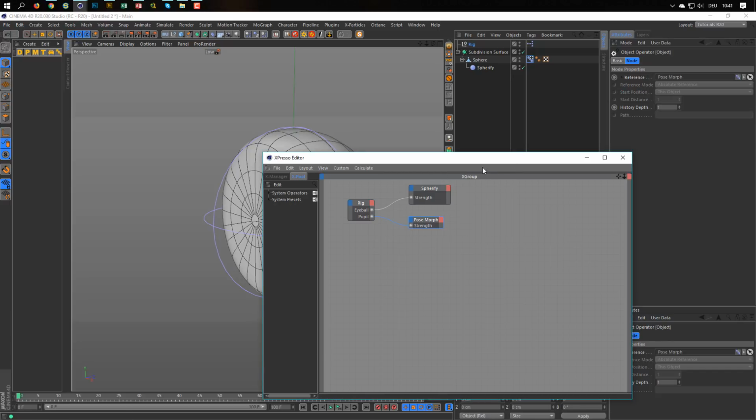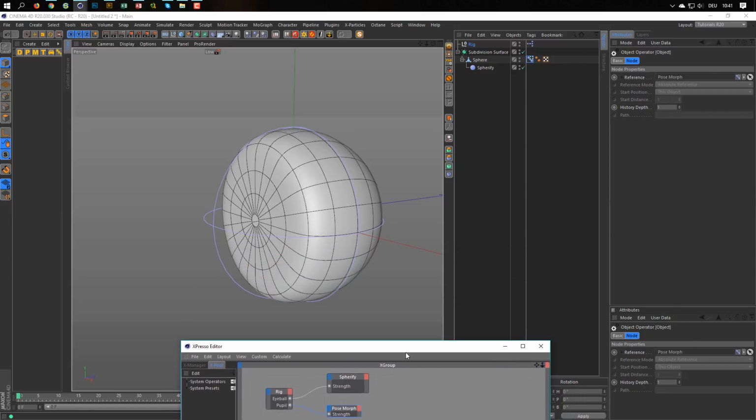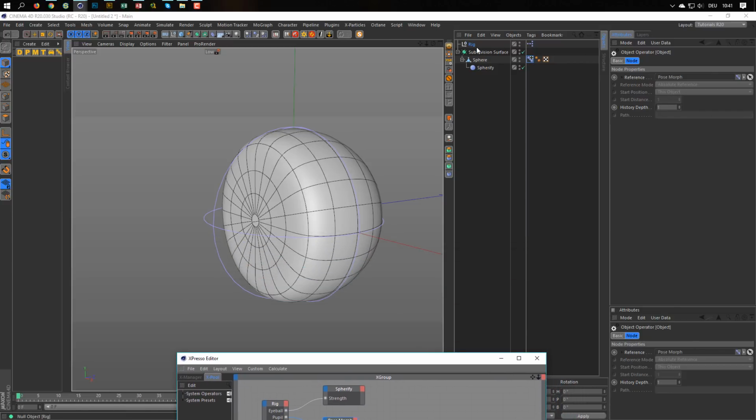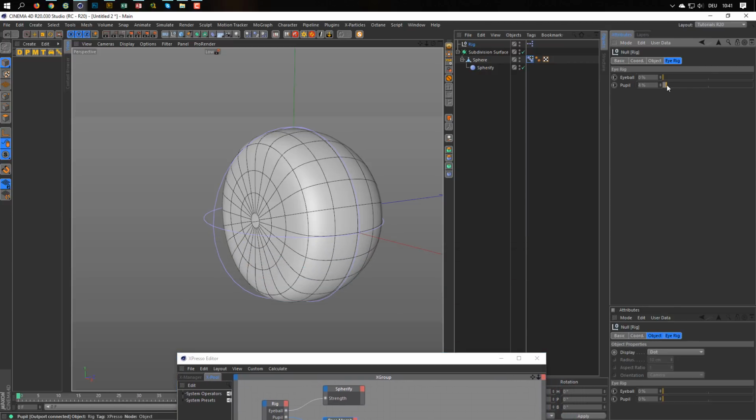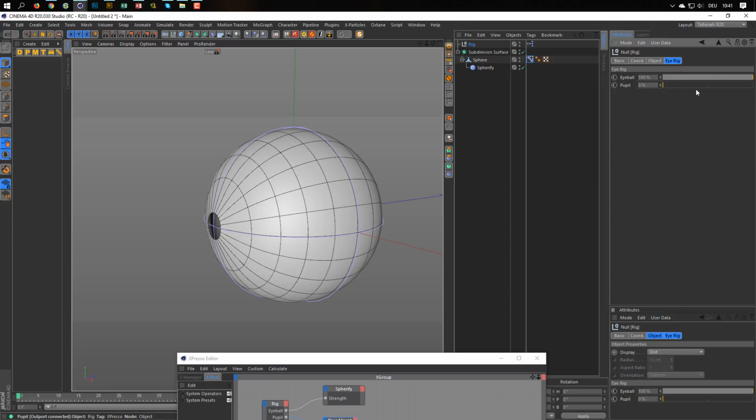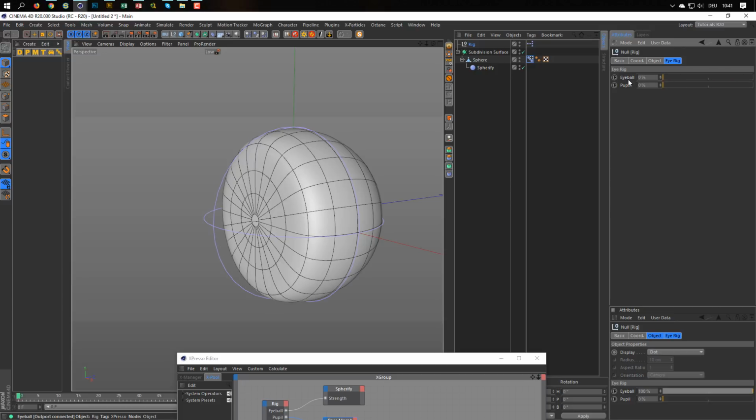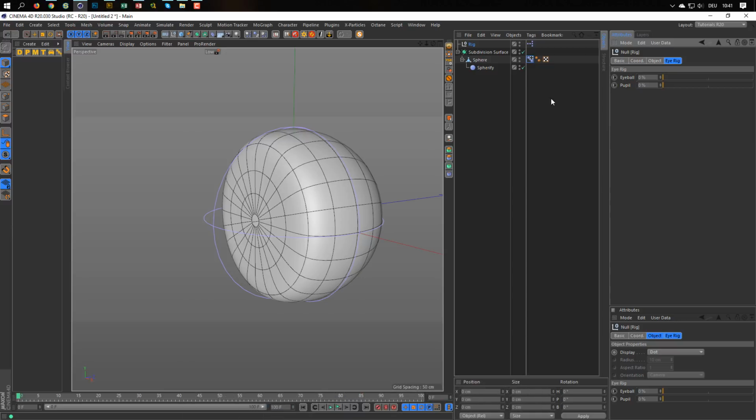And this is our very hard Xpresso rig. The pupil works, everything works.